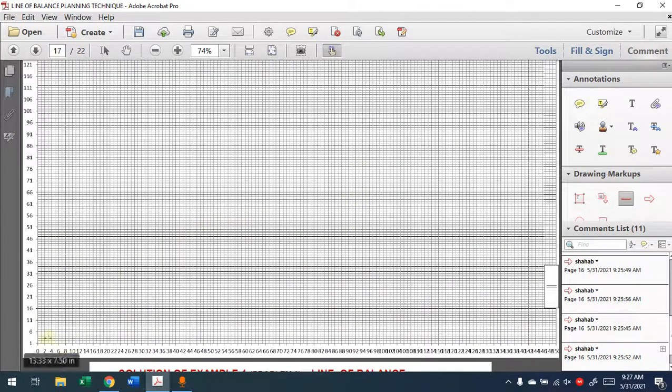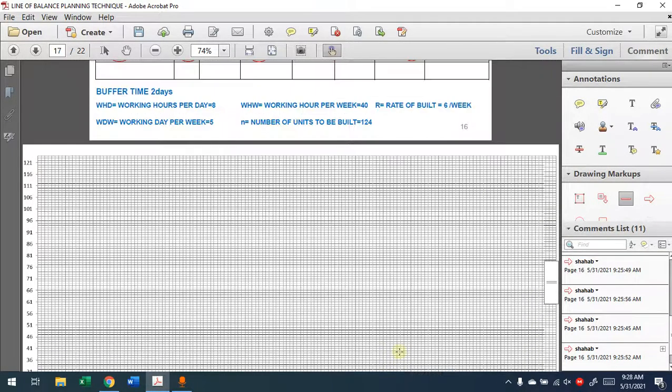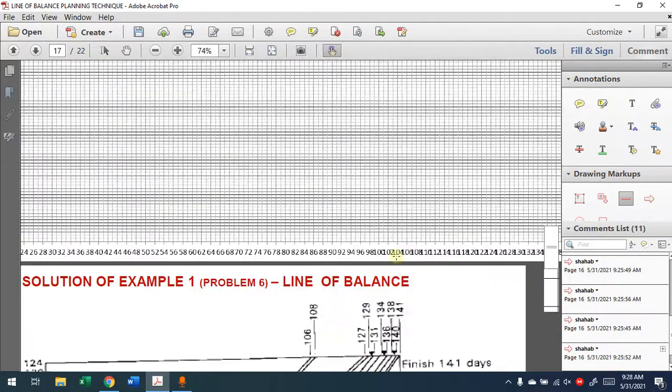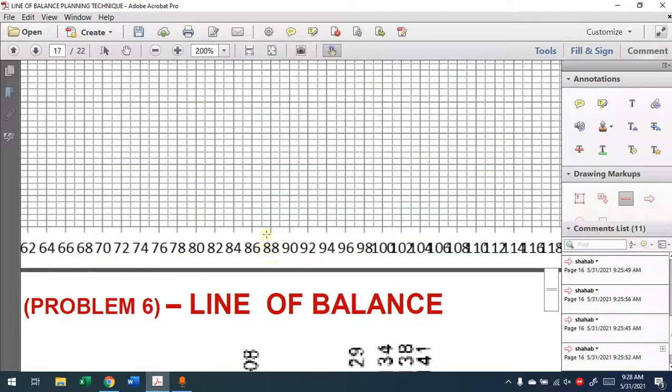So it means that if 0 is the start for the first operation of the first unit, then 106 will be the start of the last unit. So you have to find 106 somewhere here. If this is 96, 100, 102, 104, 106, this will be 106. The detailing will be a bit